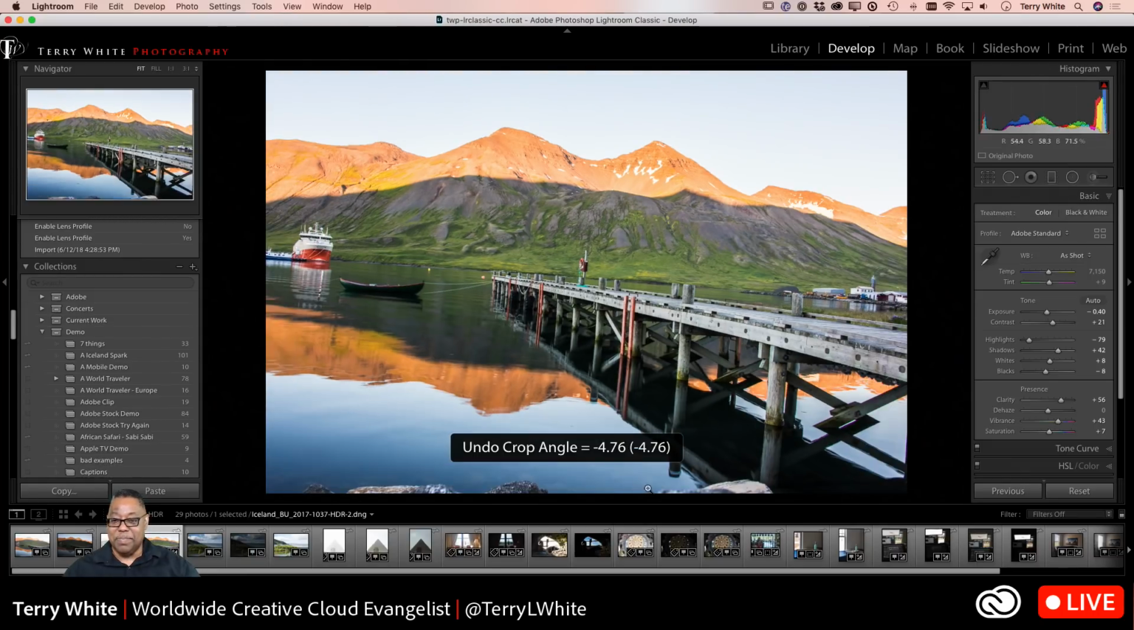So let's undo it. Let's edit the HDR in Photoshop. Command E, Control E on Windows. And